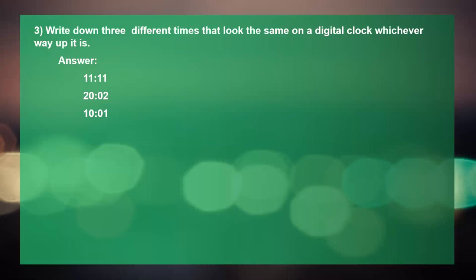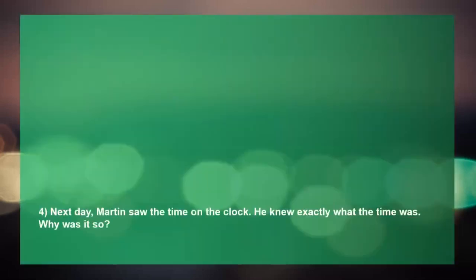You can also write the time that we discussed in the previous question, 12:21. That is also an answer over here. Why I didn't write it over here is, in the previous question we just discussed it, so you know that will be one among the answers. That's why I omitted that and wrote three different times. See, you can find many more times like this. If you're interested, you can go for other answers that satisfy the condition given in the question. So is this clear? Okay, now we will move on to the next question.